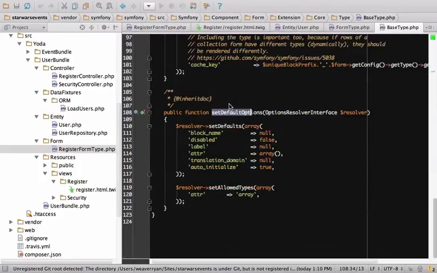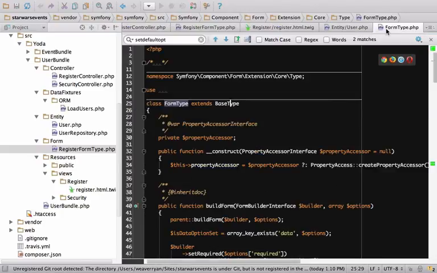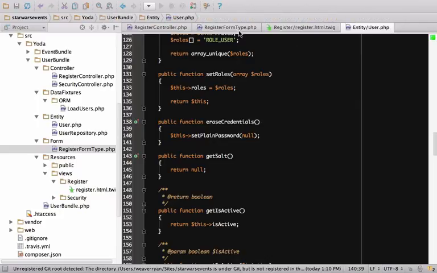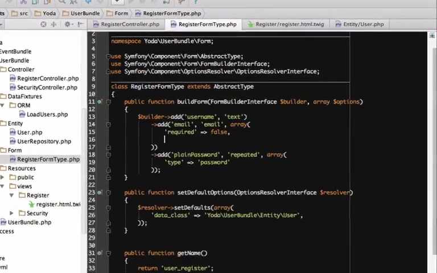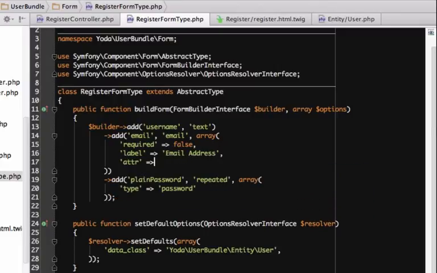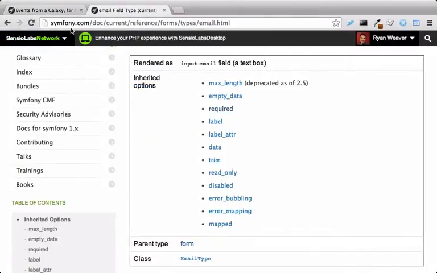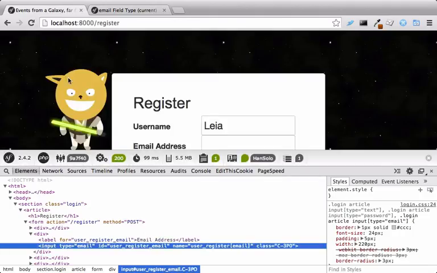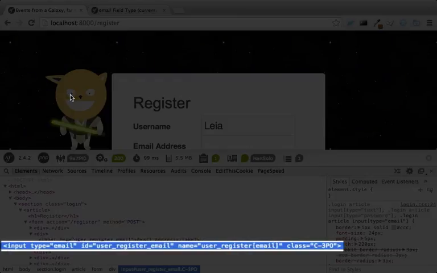In its parent class, BaseType, we see a few more, like label and attr. We can use these to customize the label or add a class to the field right inside the form class. When we refresh, we see these options working for us.